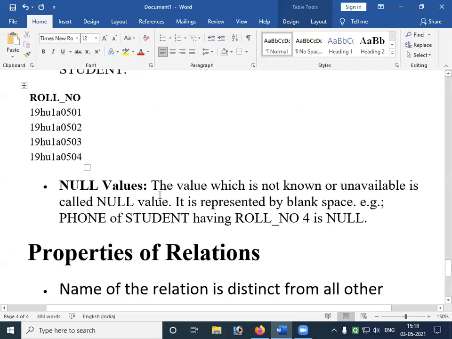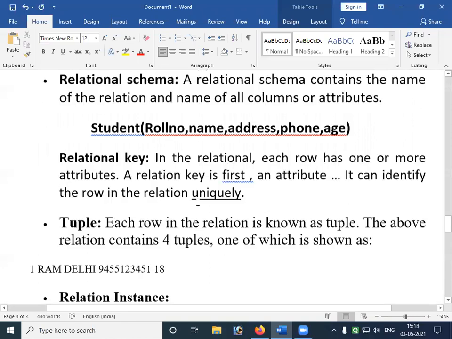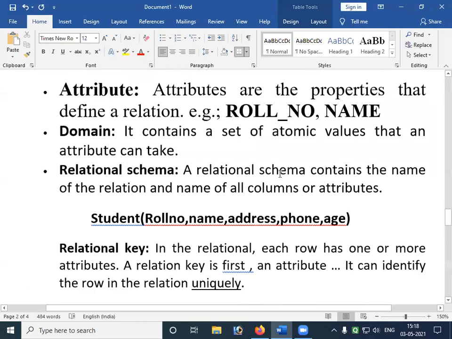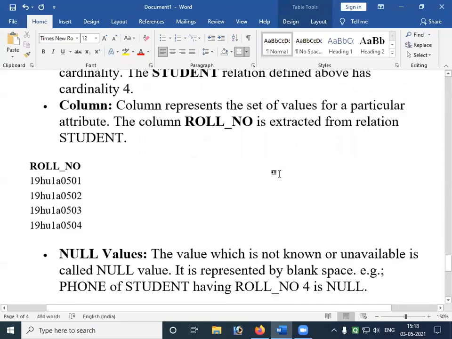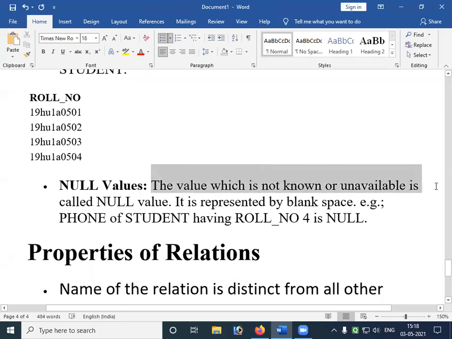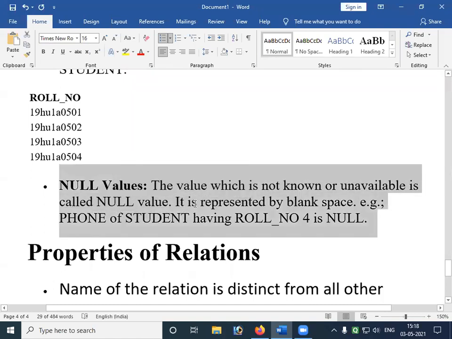What do you mean by null values? See here, there is no phone number for 504. It is called an empty or null value. A value which is not known or is unavailable is called a null value.